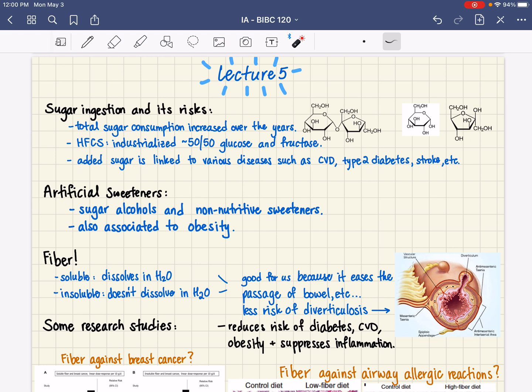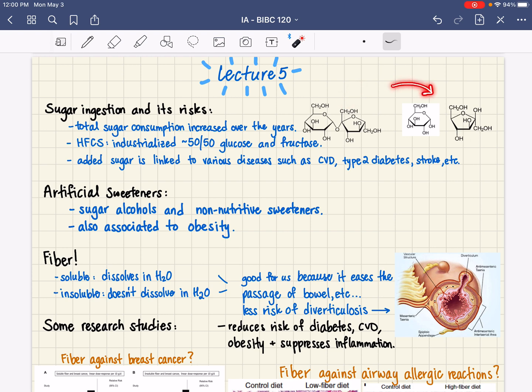In Lecture 5, we started to talk about sugar ingestion and the risks that come with it. The first topic that we covered was the fact that total sugar consumption has definitely increased over the years. The sugar that we are talking about is sucrose, pictured right over here. Sucrose is made up of a monomer of glucose and fructose with a glycosidic bond in between them, forming the disaccharide sucrose. It's important to know that sucrose is a disaccharide because when later we talk about